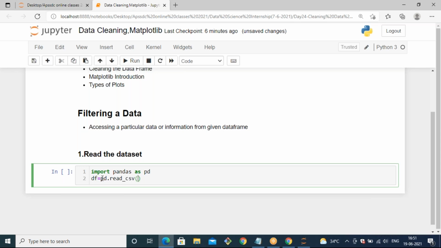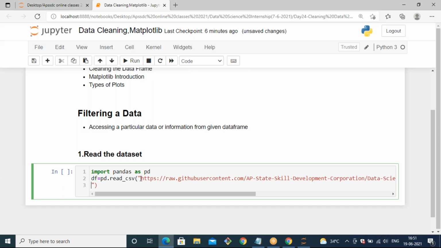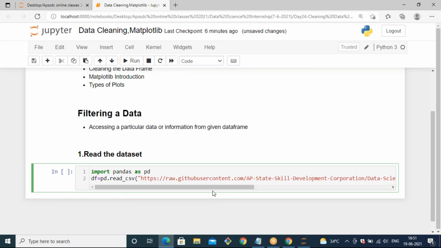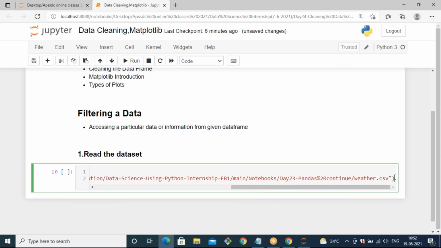This method is to read CSV format data sets. Inside this, you can mention the path. Whatever I posted in the chat box, copy and paste it here inside the parentheses along with quotes. The first step is done. So we are taking the data and loading it with the read_csv method.